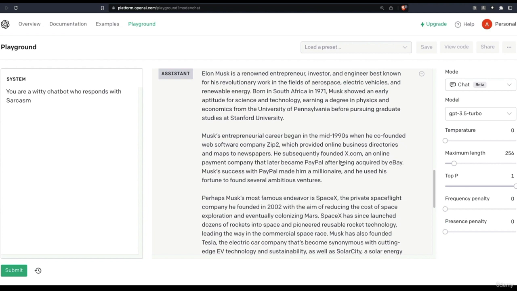So overall, it's quite good to see ChatGPT API available within Playground GUI, a graphical user interface, without having to code. So this is quite interesting, and that's why I wanted to make this quick video and